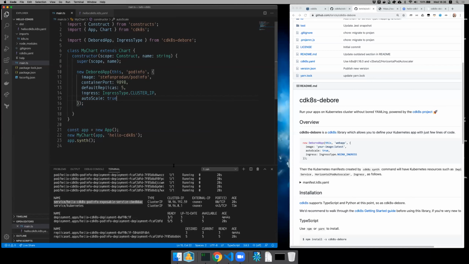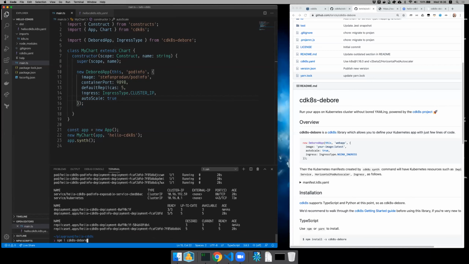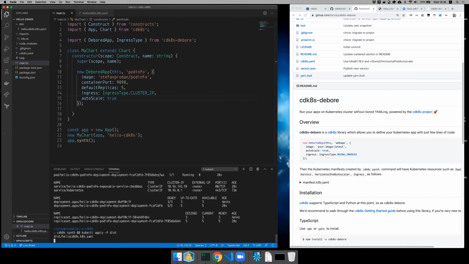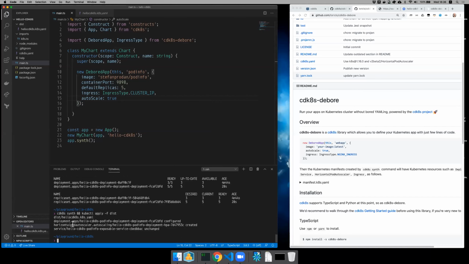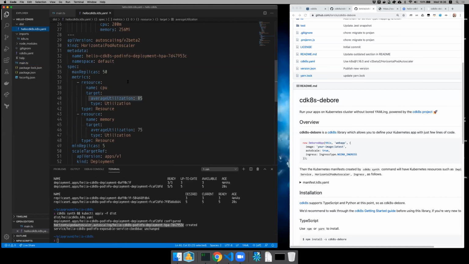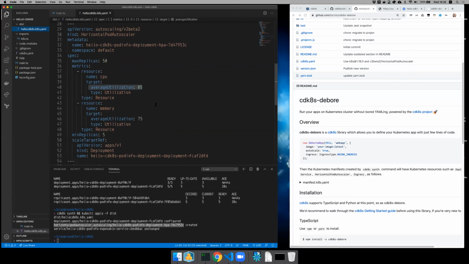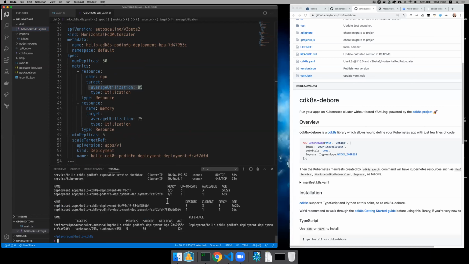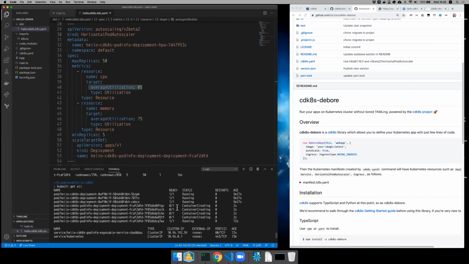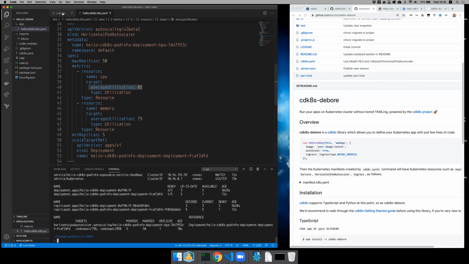Now, last thing I wanted to show you in this example is, let's say I'm adding auto scaling here. And so if I do this, and I deploy again, you see that it also included a horizontal autoscaler for me, with some sane default configuration that I guess makes sense. And you can even see that it's actually active, right? It'll automatically create a set of pods based on the scaling configuration that I have here.